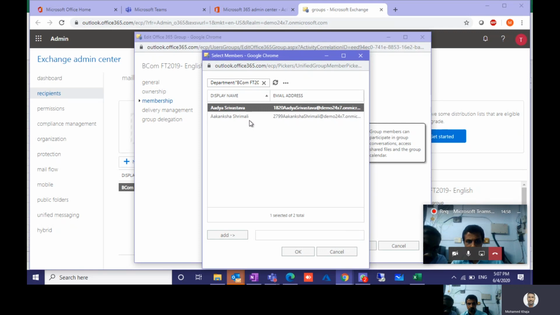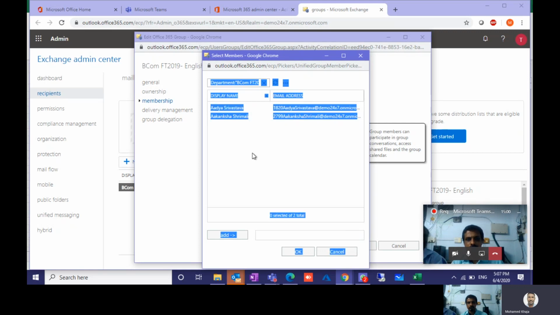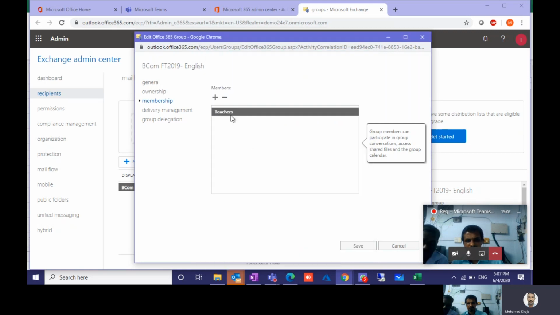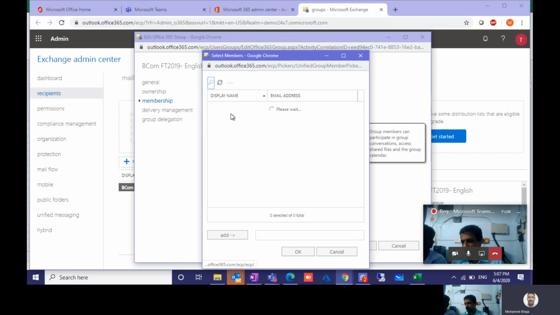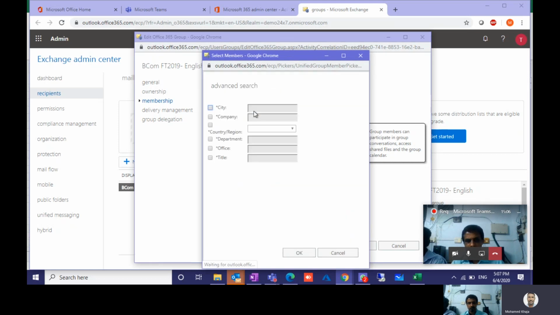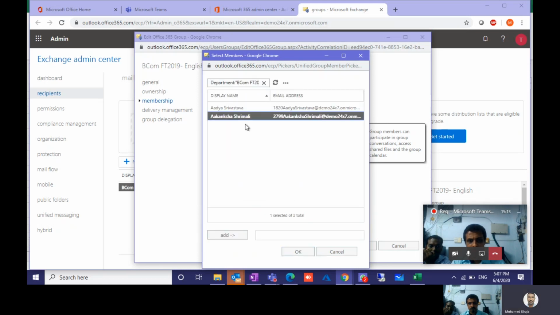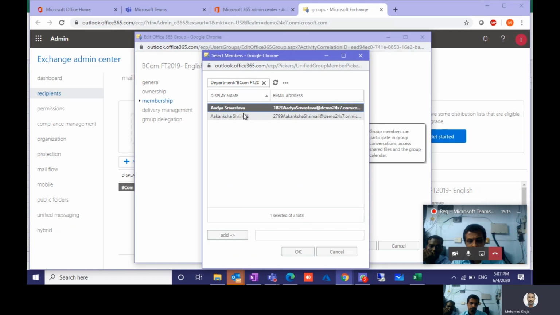What you have to do is select here and Control A. All will be selected. You can see selected 2 of 2. You have to check whether you have selected all the users or not.